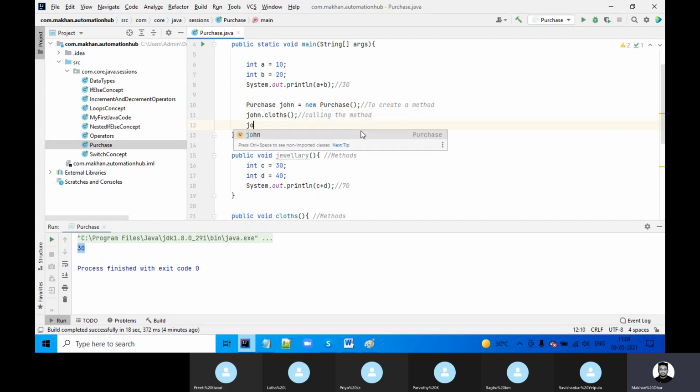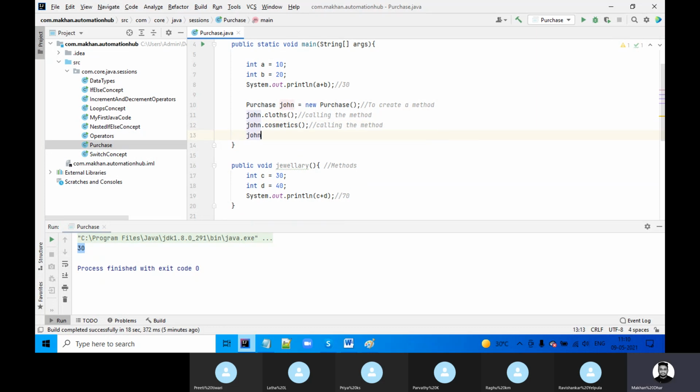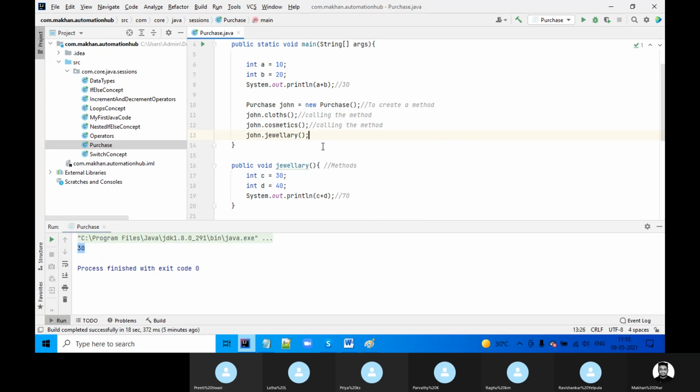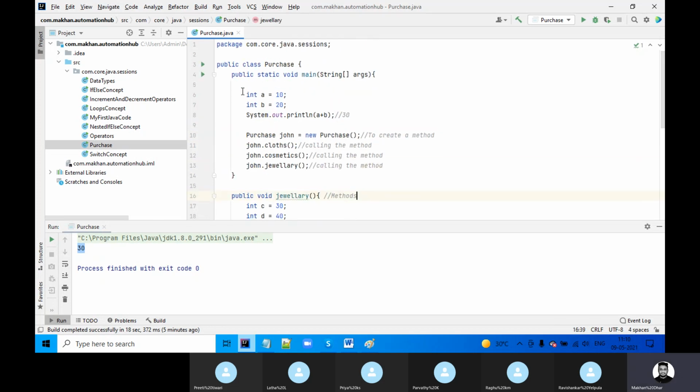Same, I will say John dot, again calling the method. Again I am saying John dot jewelry, because I need the output for all of this. So again, I am calling the method.